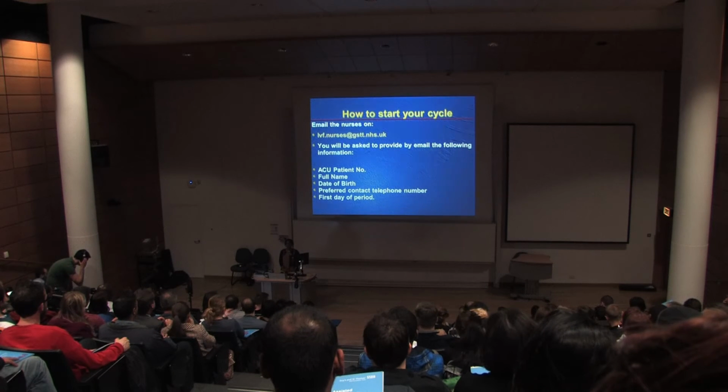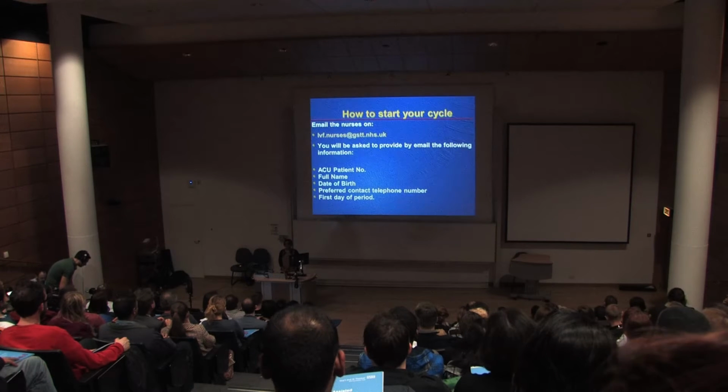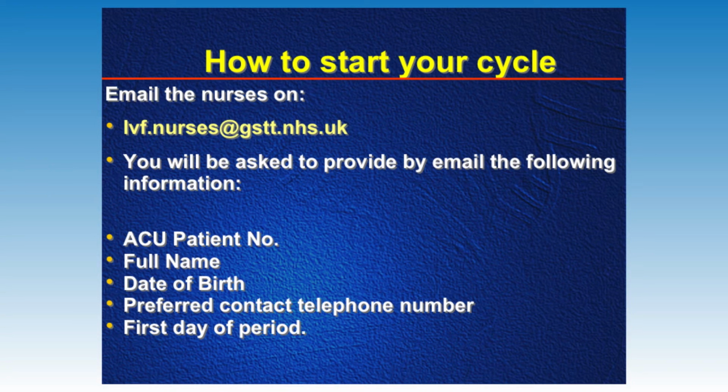I'd like to start off by letting you know that before you get to this stage, you'll actually have had your consultation with one of the senior doctors, and they will inform you as to what treatment type you'll be going through. So when it comes to starting your treatment cycle, we will invite you to contact the ACU nurses. Now, if you've been told that you are on a standard long protocol, you'll be invited to email the nurses at